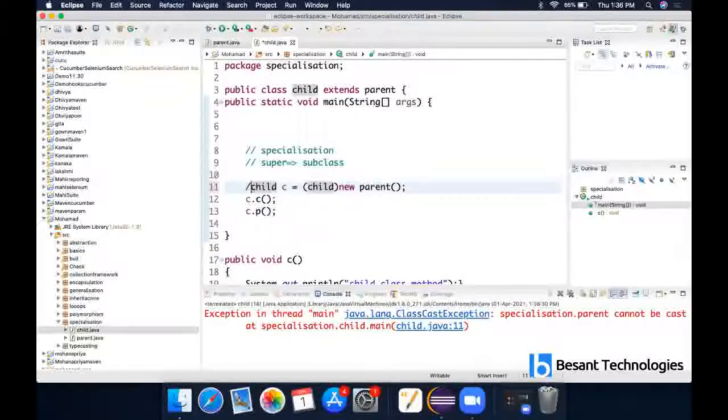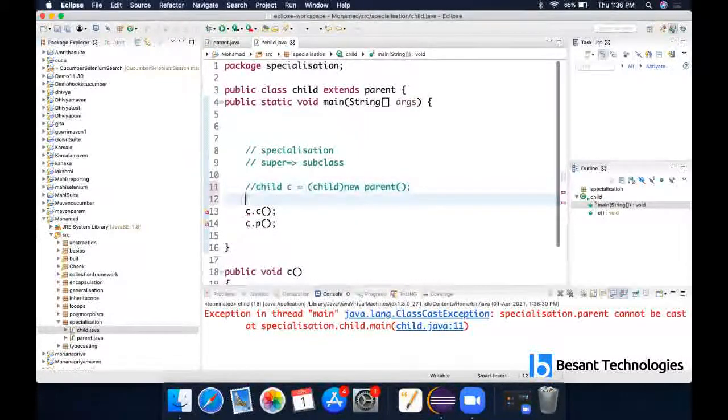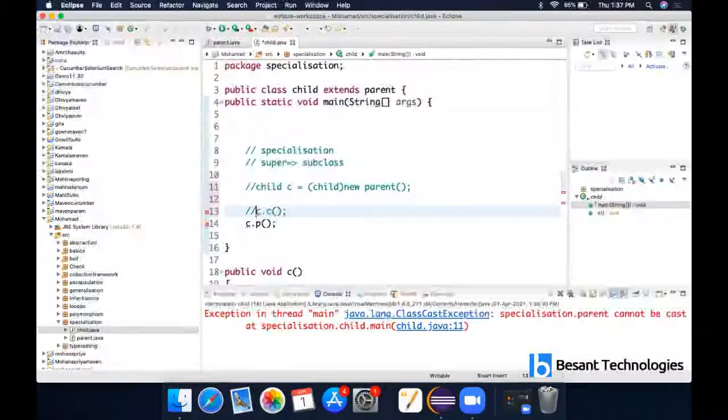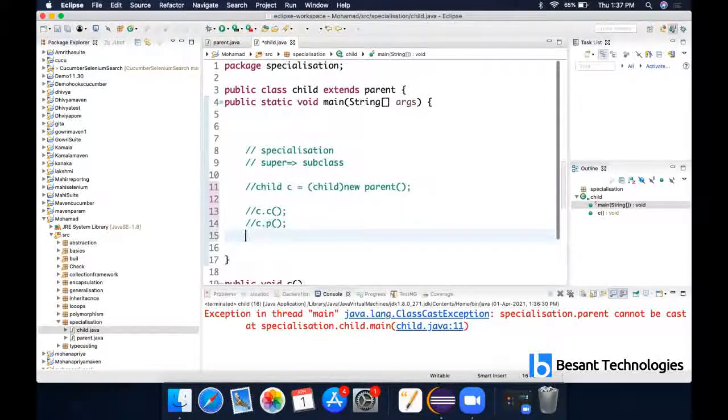But as per the concept, we can call child class method in this class, right? Sorry, a parent class. Yes. Generalization means you can call a parent. At least one class you can call in generalization. But when I try to do this specialization in a single line, I cannot do both. So there is a solution for this one.